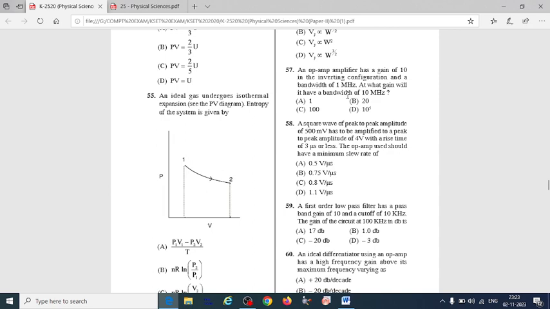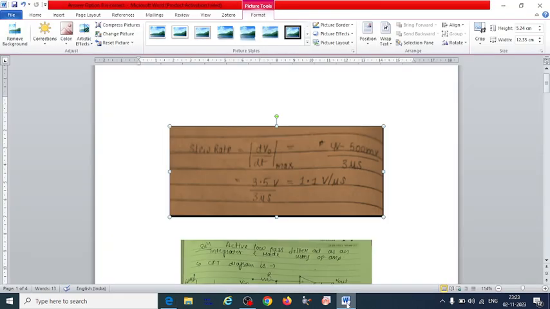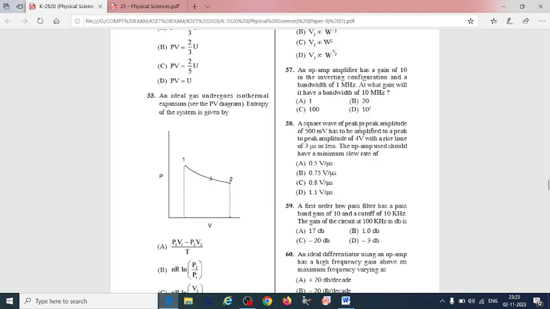Some of the previous year questions on electronics. So the first question is: an operational amplifier has a gain of 10 in the inverting configuration and a bandwidth of 1 megahertz. At what gain will it have a bandwidth of 10 megahertz? So the answer here we have is for 10